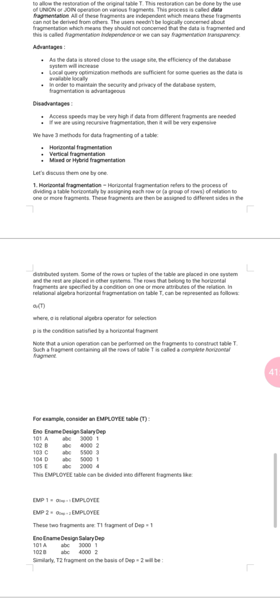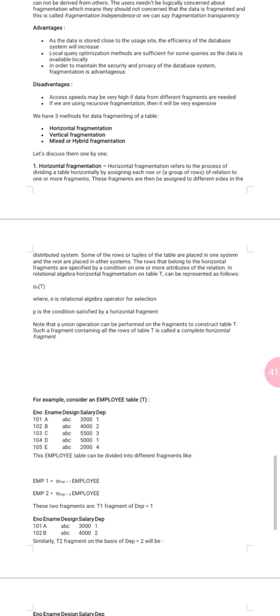In order to maintain the security and privacy of the database system, fragmentation is advantageous, right? Because if we store the whole data in one place, everyone can get that file. But if we divide that file into different sub-files and store them in different locations, no one can take the whole data, right? It's not easy. Then privacy is maintained.